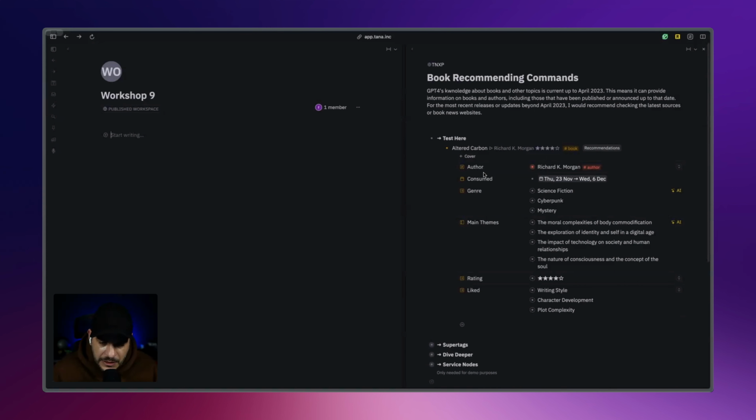So nothing really fancy. Here, instead, we are using the genre field, which is an options field, and the liked field, which is basically some options on what we liked about the book. And basically, we are using these in the prompt to generate